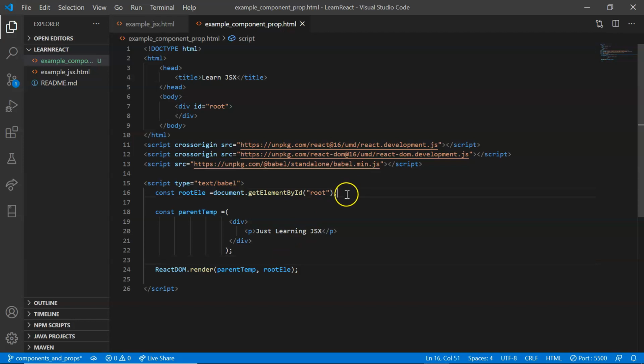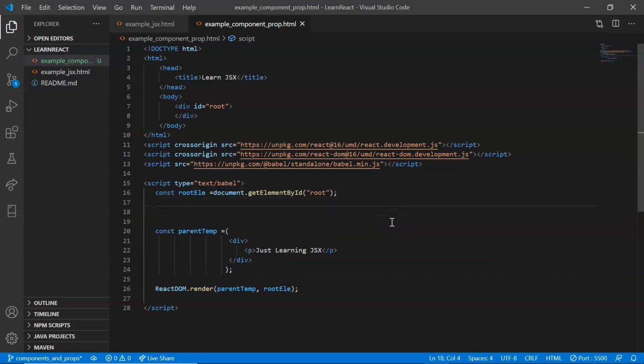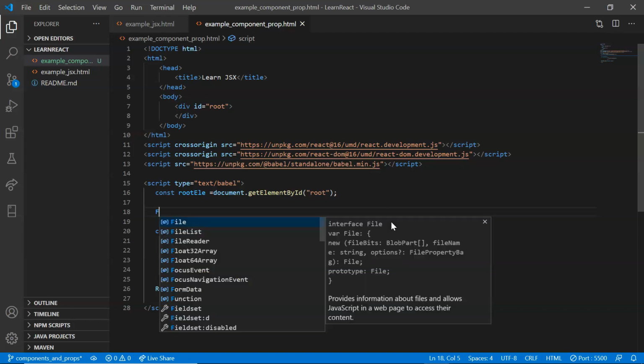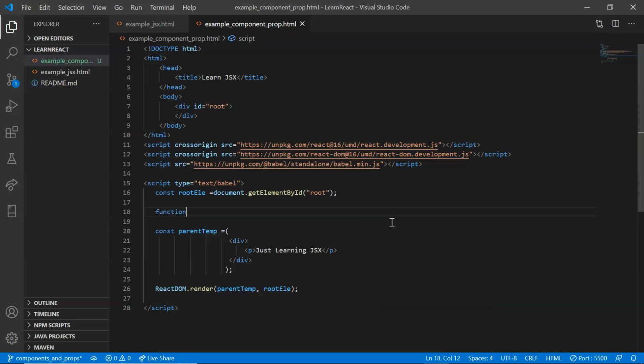So just below the root element ELE reference, I'm going to define a component. We define a component using functions. So components are basically functions. I'm going to have the function keyword and my component name. The very first letter should be capital. So I'm going to call this fancy button,